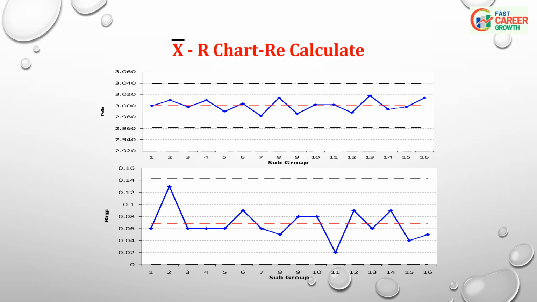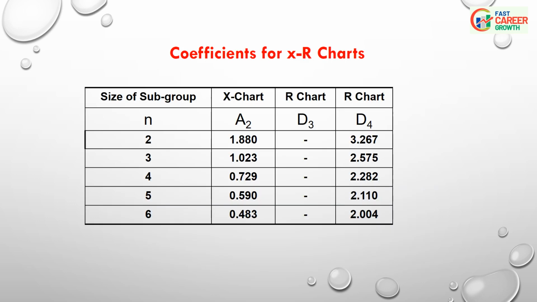Next are the different coefficients used for control limit calculation. A2 is used for